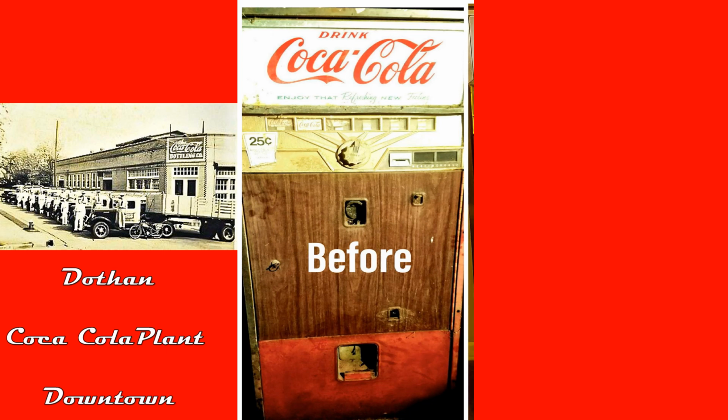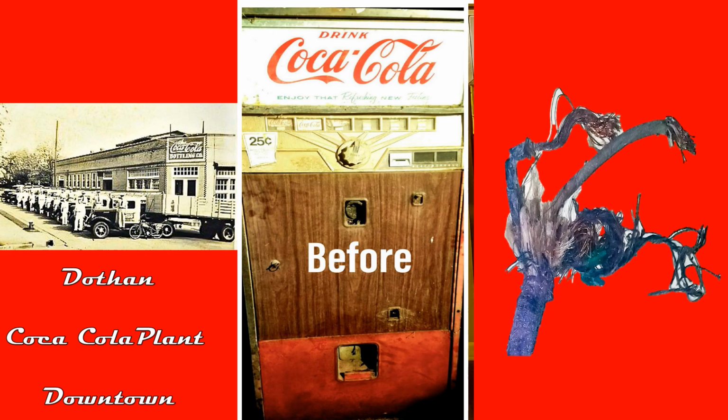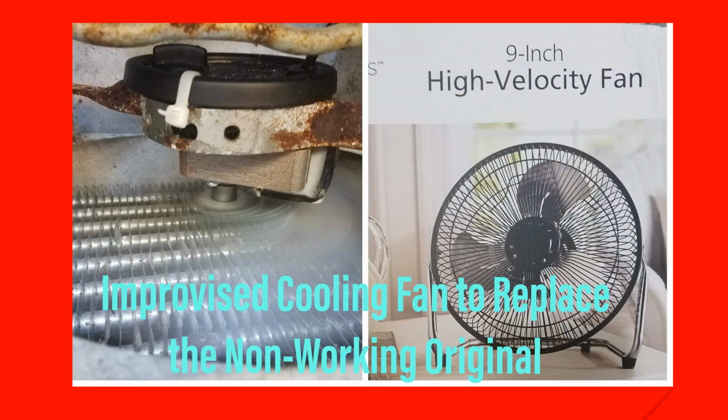Once I got it to my house, I saw how filthy it was and in bad need of a paint job, but I wasn't doing none of that until I absolutely got it running. Rats had eaten up the power cord, so I wired a new one up to it and plugged it in, and the compressor kicked on. The refrigeration line started getting cold, but I still needed a cooling fan to circulate the cool air. So I improvised by totally disassembling a metal desk fan, using it in place of the one that no longer worked. I wired it up to the machine and decided if it was still running and cold in 24 hours, I would start sanding and